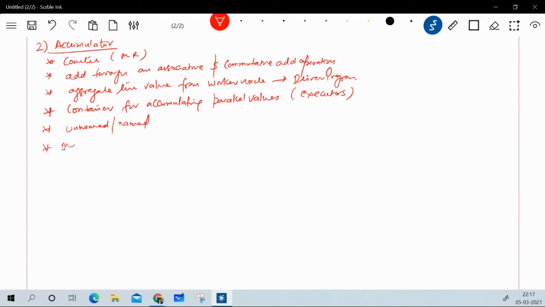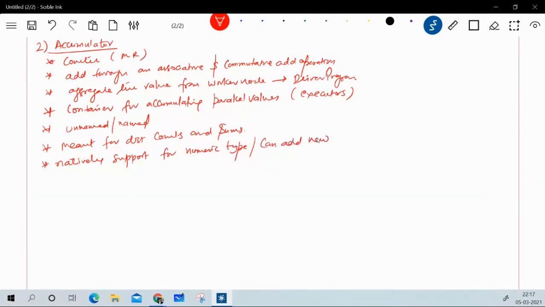This accumulator is actually meant for your distributed counts and sums. Natively, the accumulator supports numeric types, but we can also add new types in this, and we're going to see how we can do that.